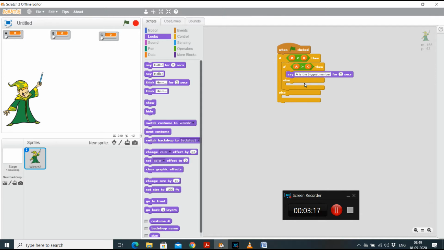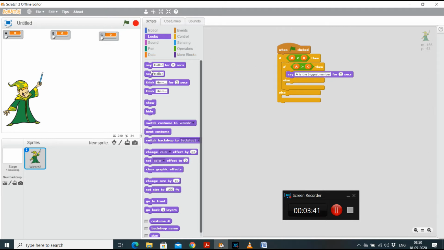Now let us come here. Now A is bigger than B, but A is not bigger than C. What does it mean? Let us suppose A is 50, B is 40 and C is 70. So A is bigger than B. But A is not bigger means C is the biggest number.